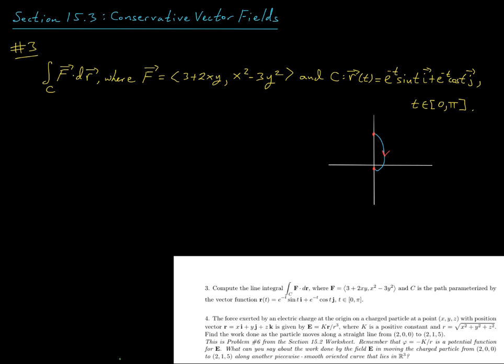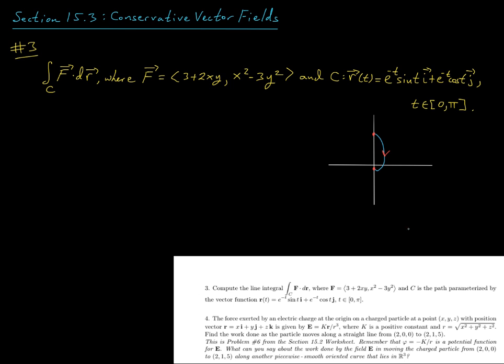All right, for our first illustration of the fundamental theorem of line integrals, we'll look at question 3. It says compute the line integral of the vector field F, where F is ⟨3 + 2xy, x² − 3y²⟩, and C is the path parameterized by the vector function r(t) = e^(−t) sin(t) i + e^(−t) cos(t) j, and t varies from 0 to